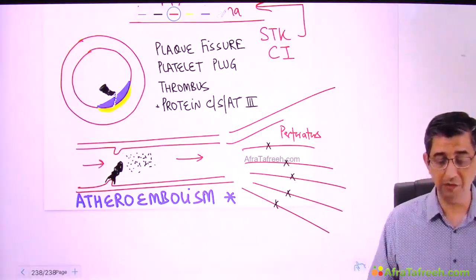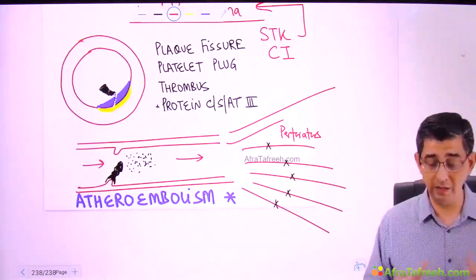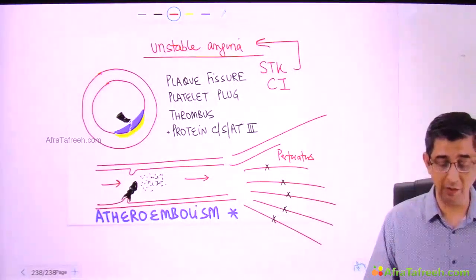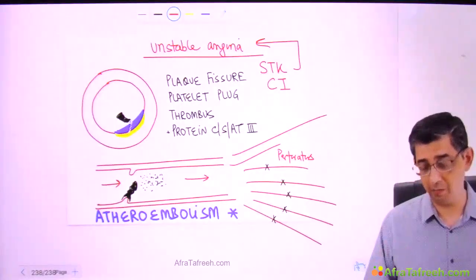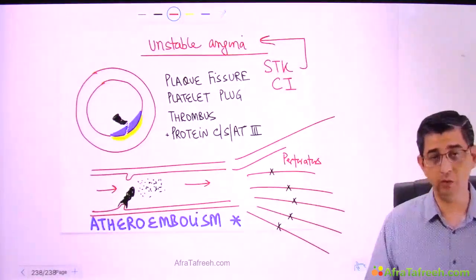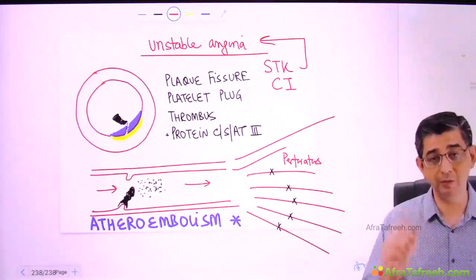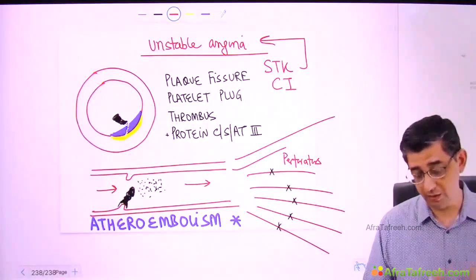If I break the clot further into small pieces, I will have a shower of more emboli that can actually deteriorate this person. So one of the MCQ importance of this particular slide is what I've written right now. The rest you can just skip. You can just remember the main word, that is one, atheroembolism from the pathogenesis perspective, and thrombolysis is absolutely contraindicated in these patients, and if done by mistake, obviously that's a medico-legal negligence.